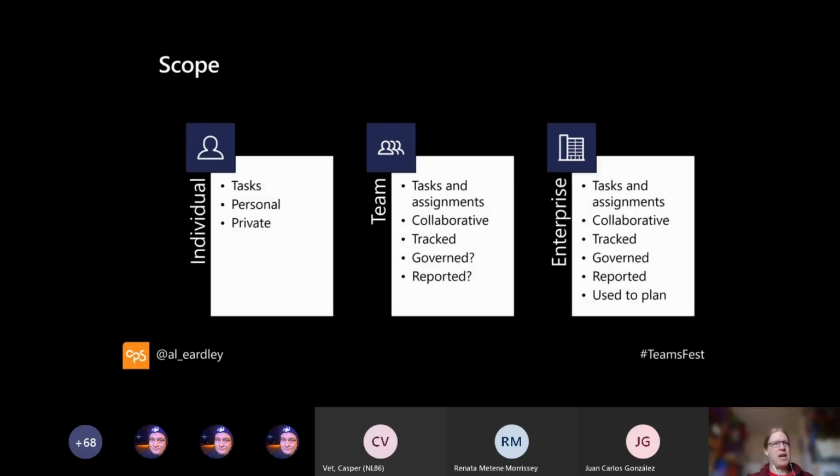If I'm thinking about my individual tasks, they're personal, they're for me. I write them down on a piece of paper. I don't necessarily need to share them with anybody. All I need to do is remember which piece of paper I'm looking at. But as soon as we start to get into a team of people, then we need to have a common